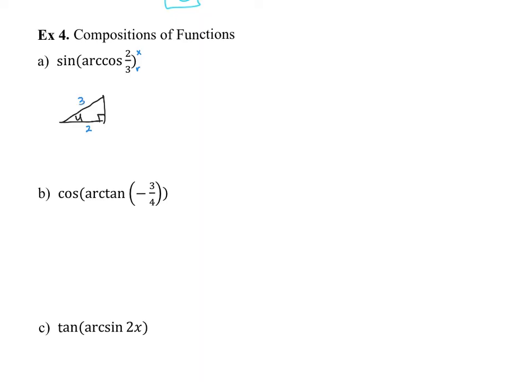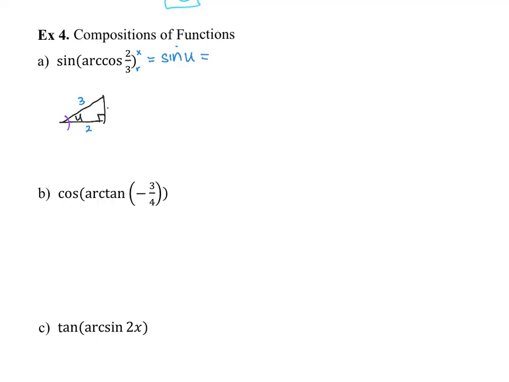You don't have to draw a picture. I could also do x squared plus y squared equals r squared here. I want to find the sine of this angle, so I could rewrite this as sine of u. I don't have to though. The sine of u would be the opposite